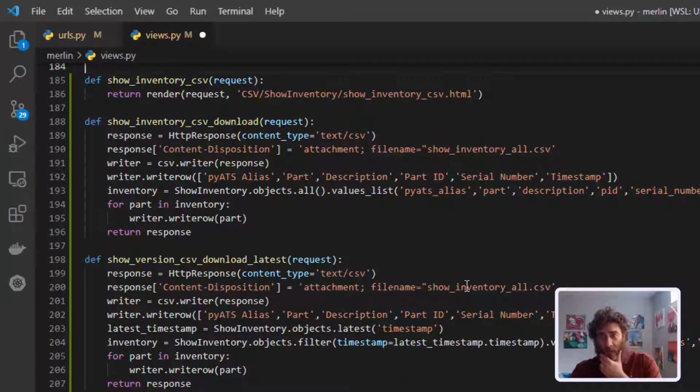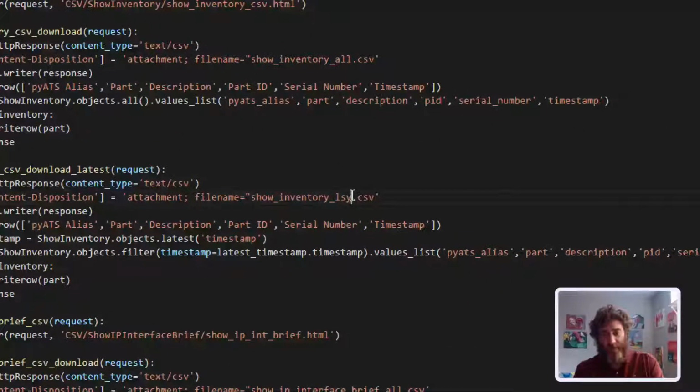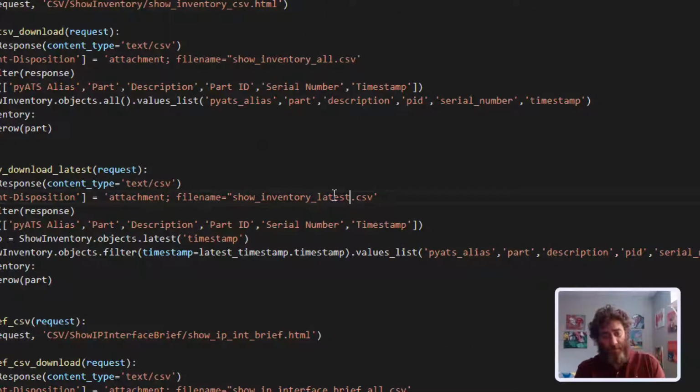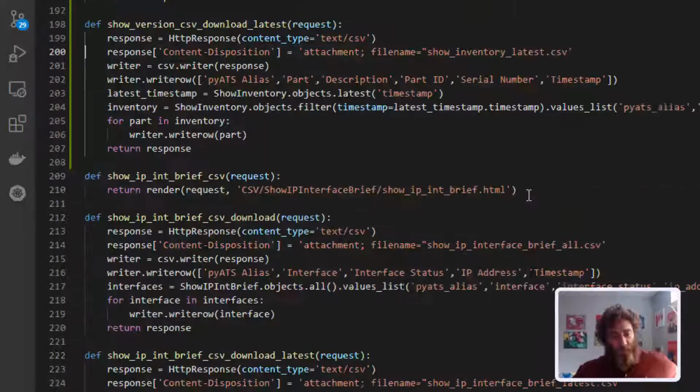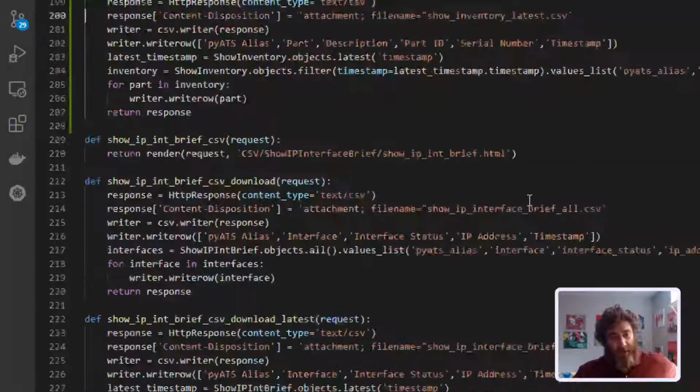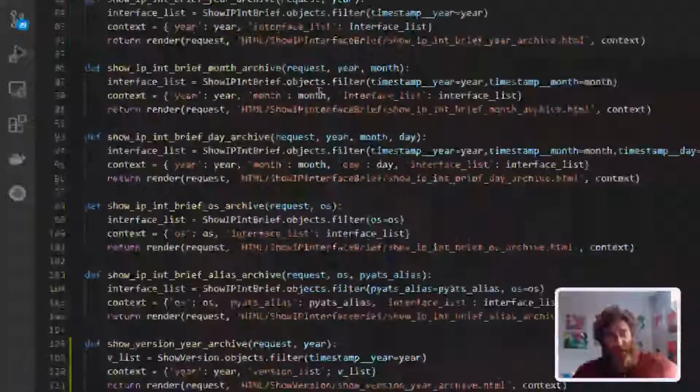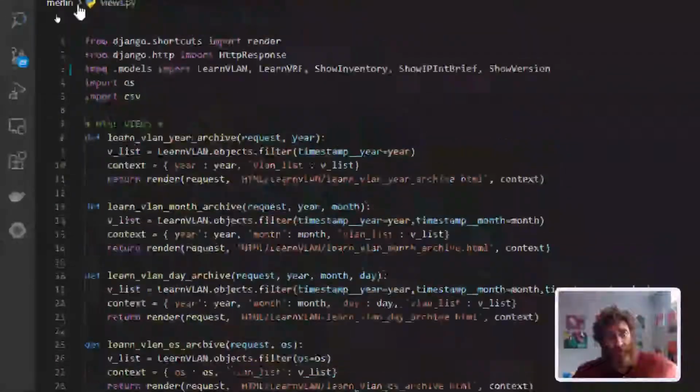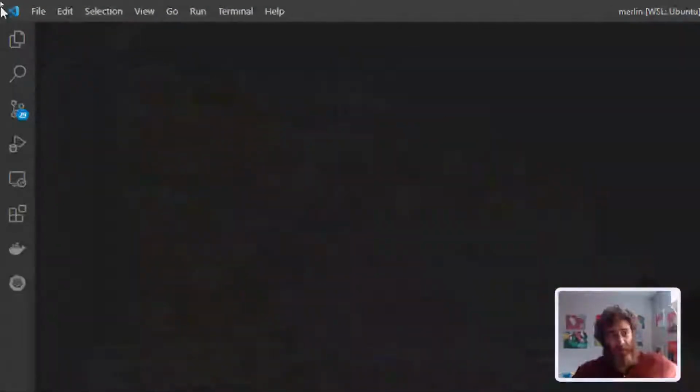Now, what did I copy those from? This is right here. I need to say latest. And that is it for our views. Now we need to move into our templates